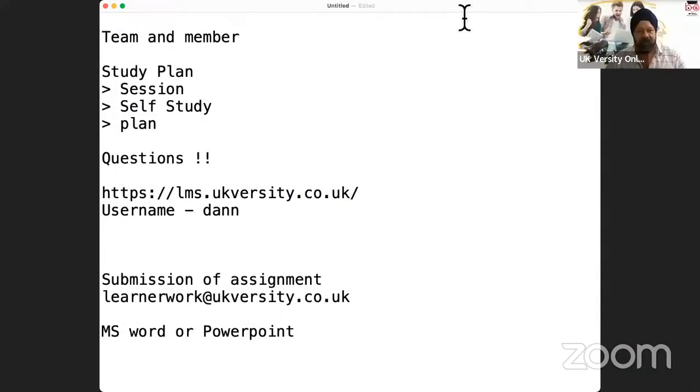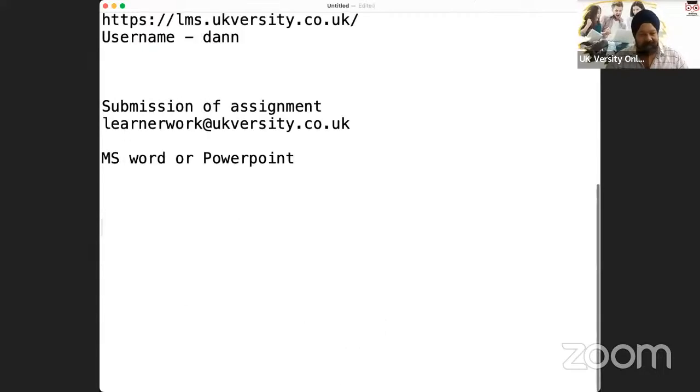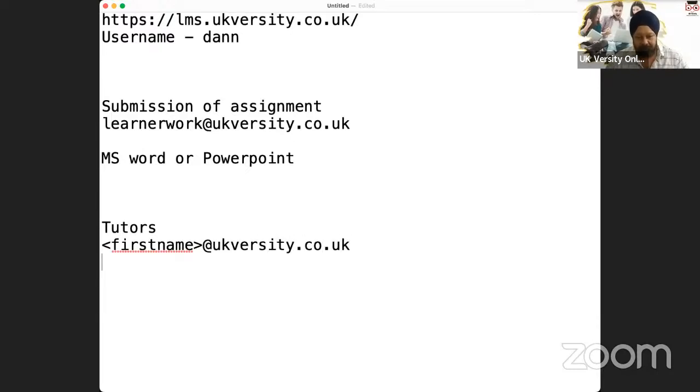Now, very briefly, the team, in terms of people that you would expect to get in touch with on more or less a daily, weekly, or monthly basis, because you're doing the course. So if I look at tutors, if you have to write to anybody in UK Versity, it is very simple. It is the first name followed by ukversity.co.uk. So if you have to write to me, it will be Raman. If you have to write to Zafar, it'll be Zafar at UK Versity. If you write to Anjum, Sanjay, Reena, anybody that you need to write to, it'll just be the first name